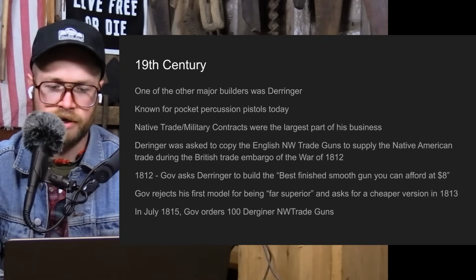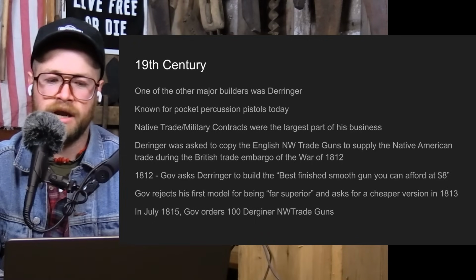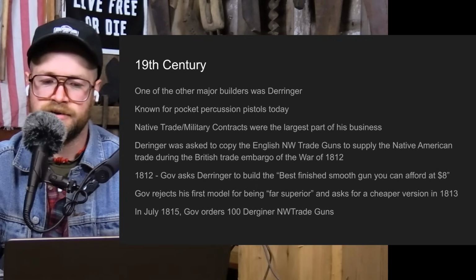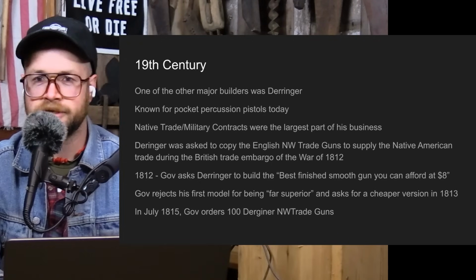I mentioned other East Coast builders. He's known today for his pocket pistol design, but the native trade and military contracts with the U.S. government were actually the largest parts of his business. Derringer was asked to copy the English Northwest trade guns to supply Native American trade during the British trade embargo